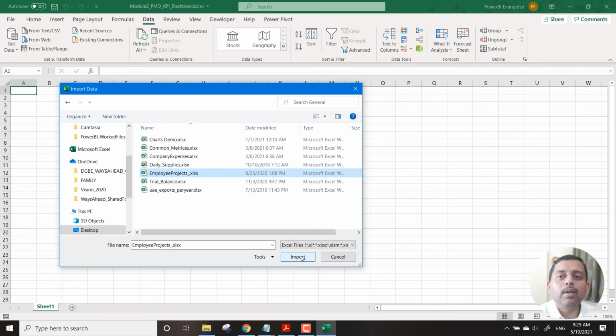Let me tell you, I have curated so many data sets, but that doesn't mean that we will be working on each and every data set over here. This is for your benefit, to do some practice on this data. There are so many different types of data. You will see some common metrics, expenses, trial balances, human capital data. We will take up some of the data in terms of capstone assignments and projects as well.